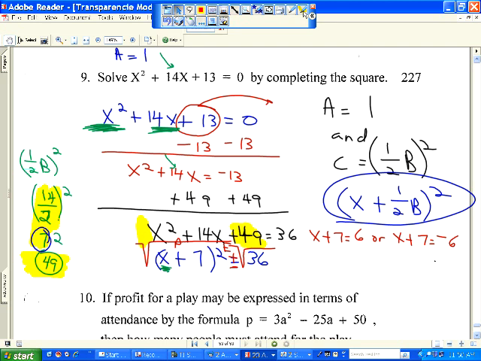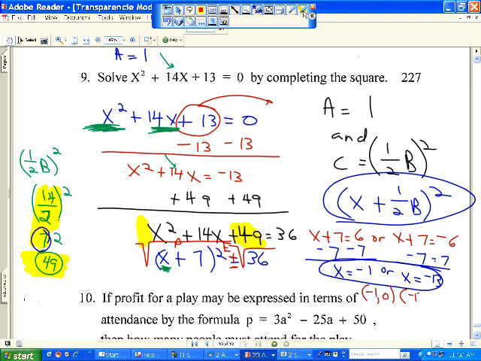And then we solve each one. So we subtract 7. We get x is equal to negative 1, or subtract 7. We get x is equal to negative 13. So those are the solutions, zeros, roots, x-intercepts of the quadratic, which again could have been written as ordered pairs,